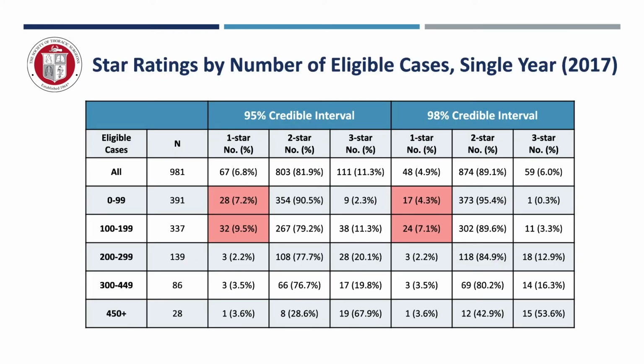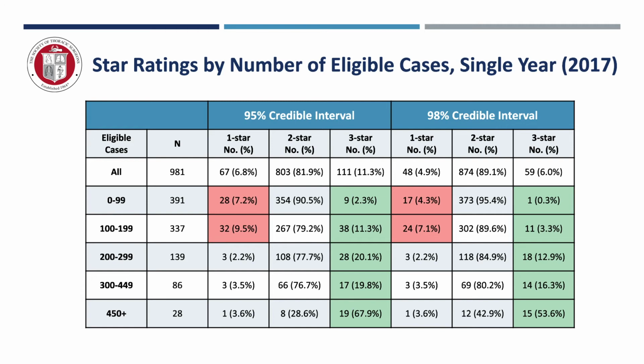The next several slides drill down to show the impact of methodologic changes in various participant volume categories. This table demonstrates the effect of changing from 98% credible intervals to 95% credible intervals while maintaining a 1-year data sample. The proportion of 1-star participants increases, but the changes are exclusively limited to the 2 lowest volume categories. Greater increases were seen in the proportion of 3-star participants, especially among the 3 lowest annual volume categories: